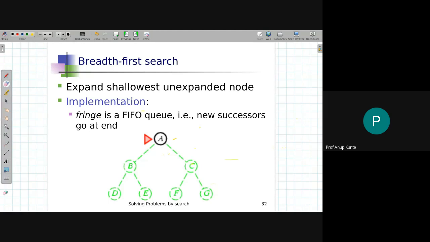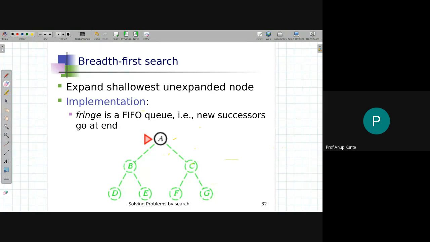We're talking about breadth first search. As the slide reads, breadth first search always expands the shallowest unexpanded node. So I need to find out in my fringe list which node is the shallowest and unexpanded. Then I check whether that is a goal node or not. That is, I do a goal test on that node. If the goal test is positive, I stop the algorithm there and return the solution by computing it.